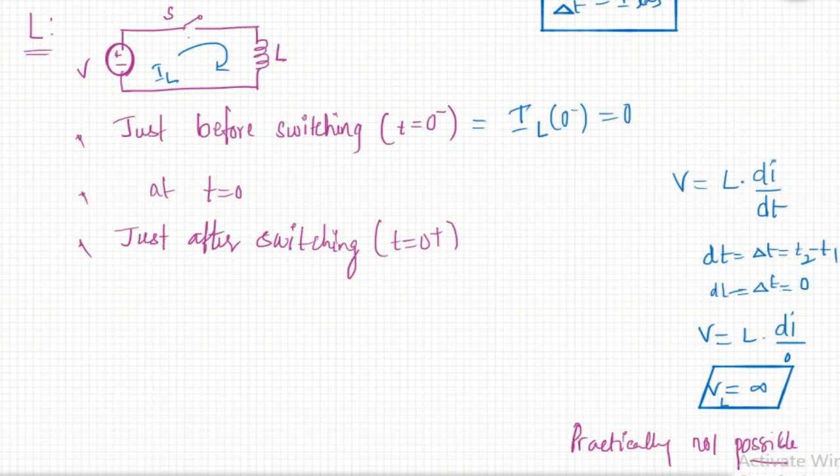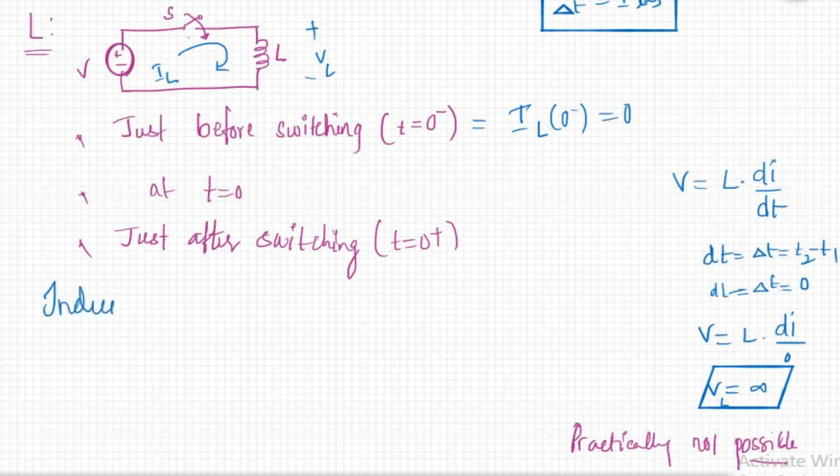So earlier it was 0. When the switch is closed here, the circuit will try to flow some current. That current will be opposed by inductor because it has to generate infinite voltage across it. This is the voltage VL we are measuring. So if it allows any current for a very short period of time, the voltage should be infinite. That is practically impossible. That's why inductor doesn't allow sudden changes in current.